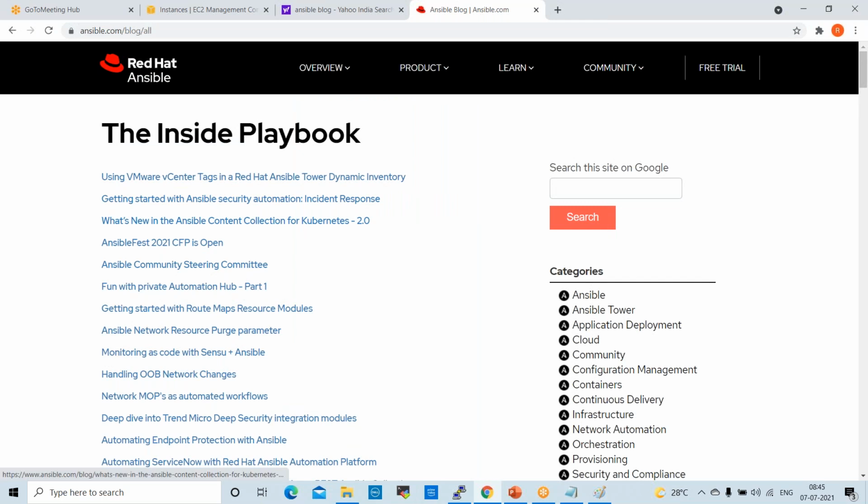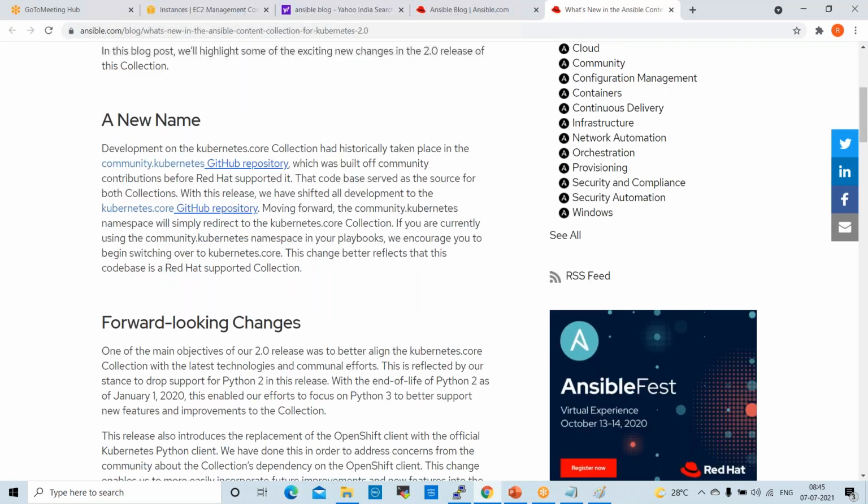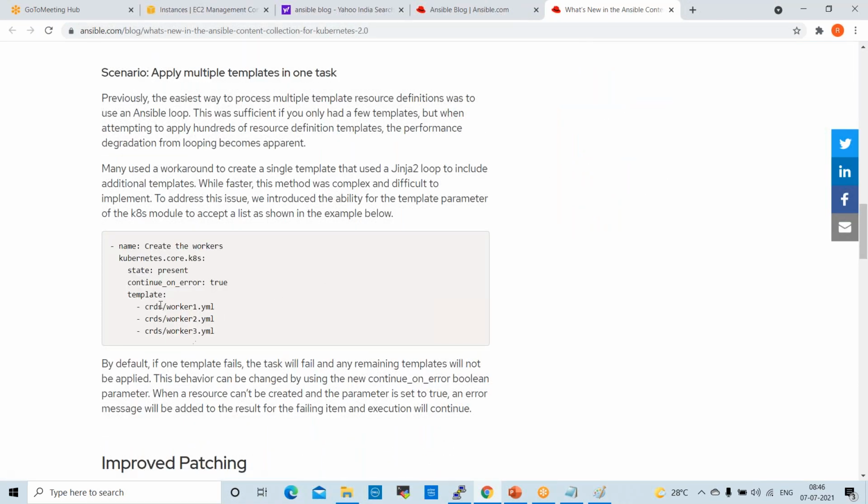See here, using VMware vCenter tags in Red Hat Ansible Tower. See here, Ansible Tower, dynamic inventory. And what's new in Ansible content collection for Kubernetes. Open this. See here, this is the playbook. kubernetes.core.k8s, state present.